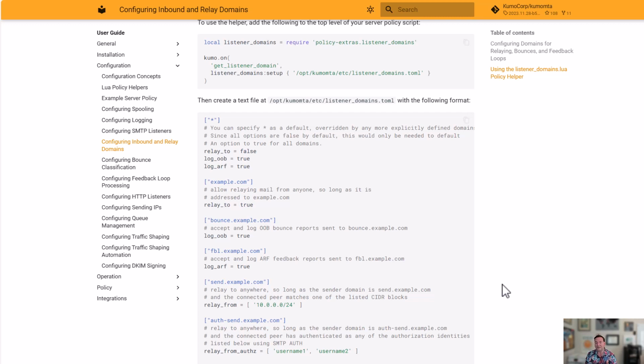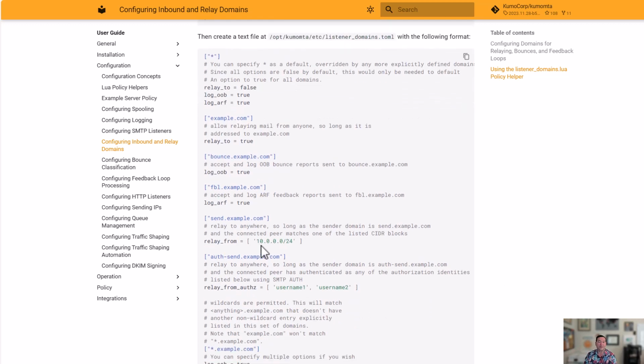And then we say, well, you know what? We've got example.com as a domain. That is a corporate mail. So we are going to say relay equals true. So now we don't accept mail in for relay unless it's a bounce or an FBL or it's destined to example.com. Right? And if our defaults were all false, for example, then maybe we want to go here and say, okay,